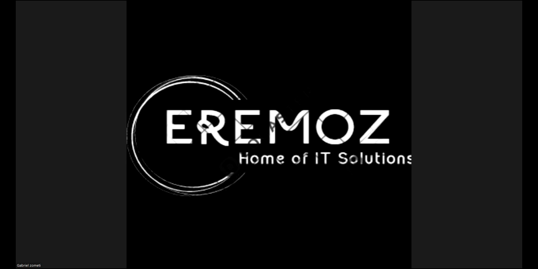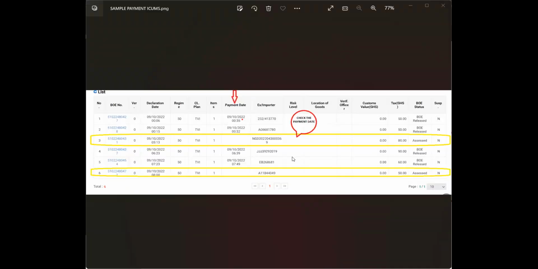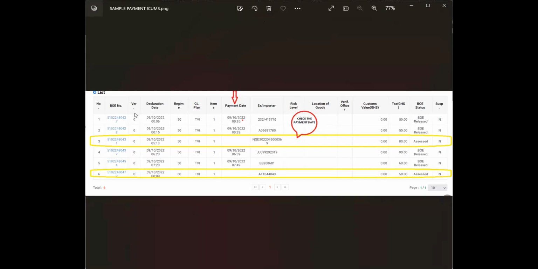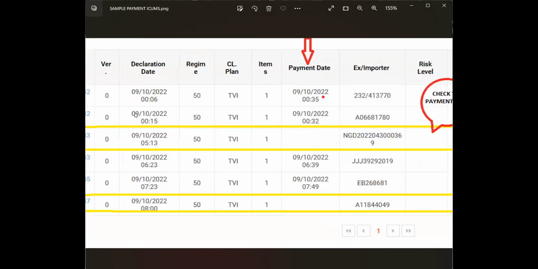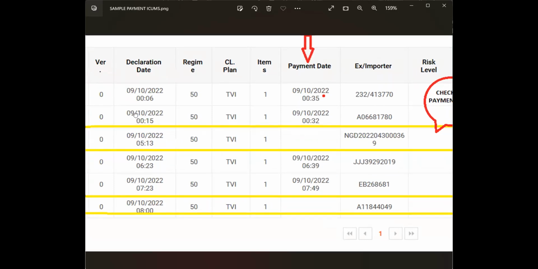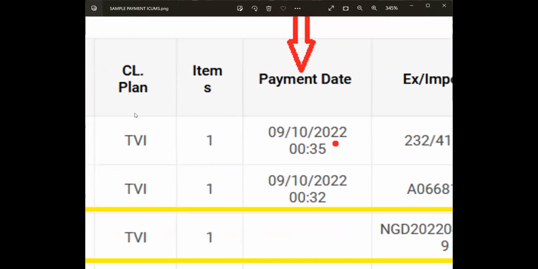How do we see that one? Let me open a typical icons paid interface for you. This is a TVI. When we look here, you could see that we have the columns here. We have BOE number, version, declaration date. You see the date listed there. Then we see the regime, clearance plan, items, payment date. When you see payment date, you see the date at which this payment was made. So you see this one here, the payment date is there,